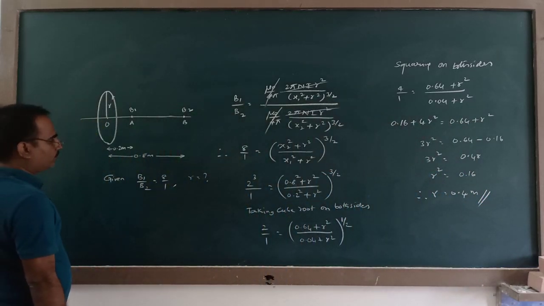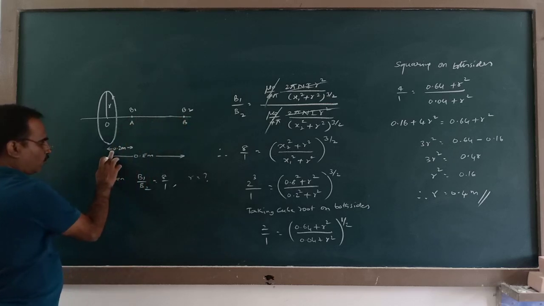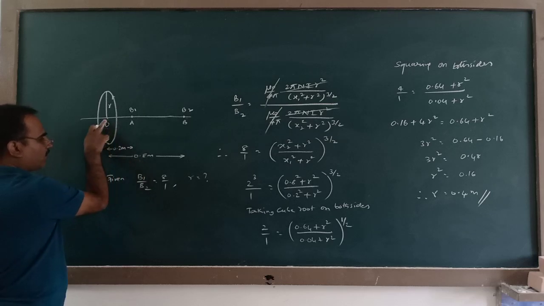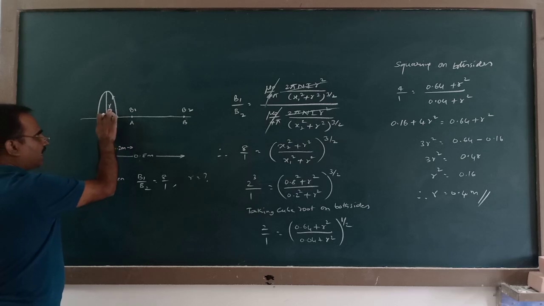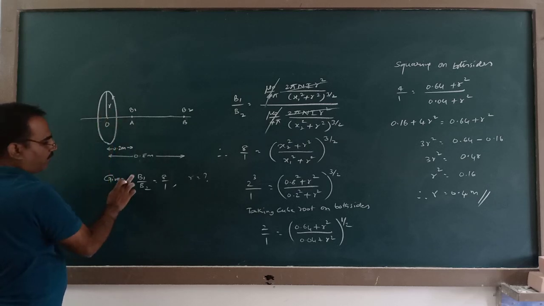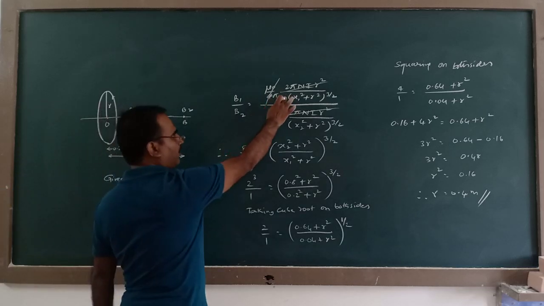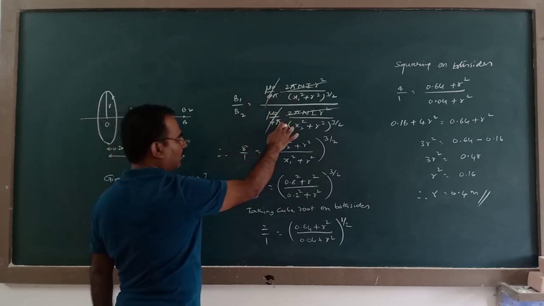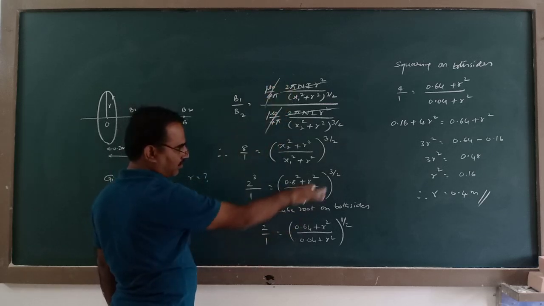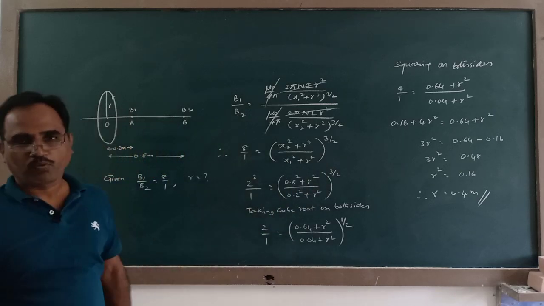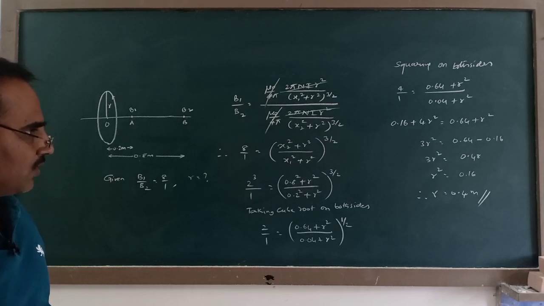See, in this problem, at 2 points at distance 0.2 meter and 0.8 meter from the center of a coil, the ratio of magnetic fields is given. You are asked to calculate the radius. So B1 by B2 is given as 8:1. This is the formula for B1 and this is the formula for B2. When I divide and eliminate the common terms and on simplification, this R comes to be 0.4 meter. This problem was also asked in the annual examination once.